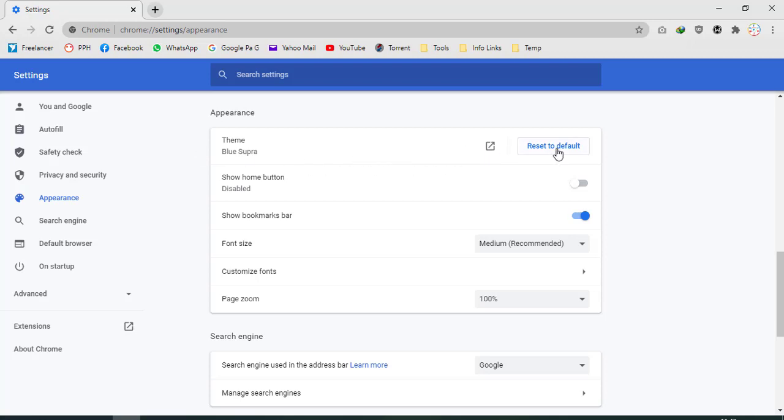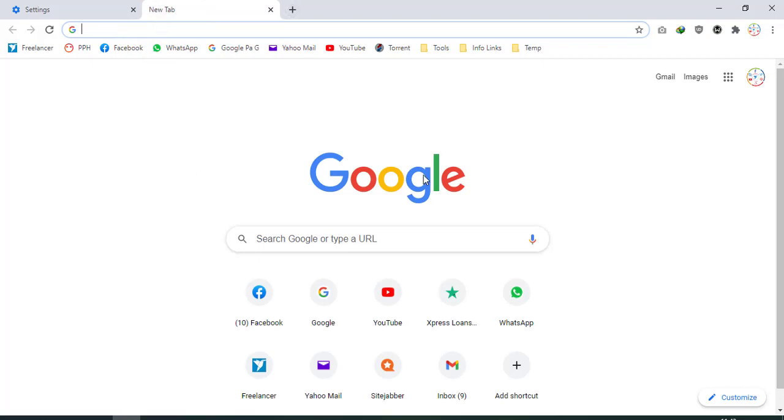Just click the reset to default button, and it will set your theme to its default, which will increase the browser speed. So currently the default Google Chrome theme is applied.